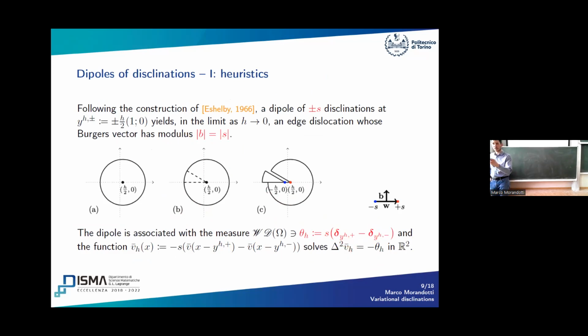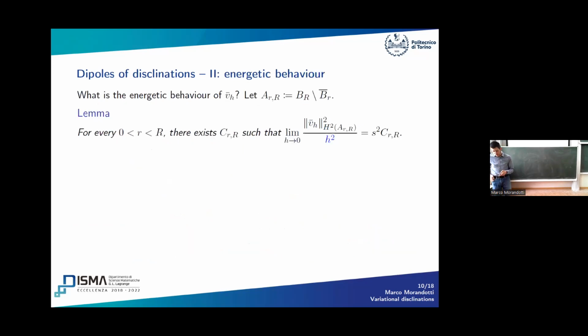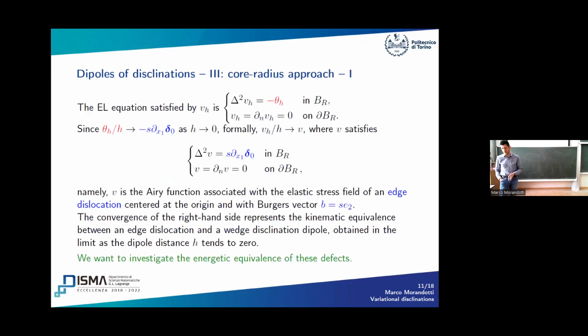Because you put a delta at h, a delta at minus h over 2, and then you divide by h, it's like taking the derivative with respect to the x1 direction, e1 direction. And so we expect that the solution, if we scale, so the dh over h, will formally converge to a solution of the bilaplacian with this as a datum to the right-hand side. Okay, and this one indeed is so the corresponding V is the Airy potential of a stress function that corresponds to an edge dislocation whose Burgers vector is B, oriented as E2, and its magnitude is going to be the Frank angle as that was given for the disclinations, right?